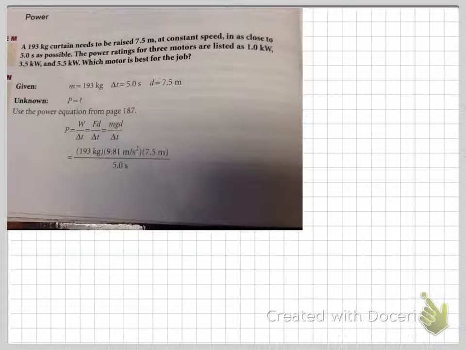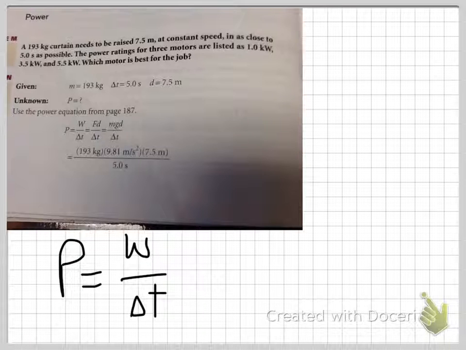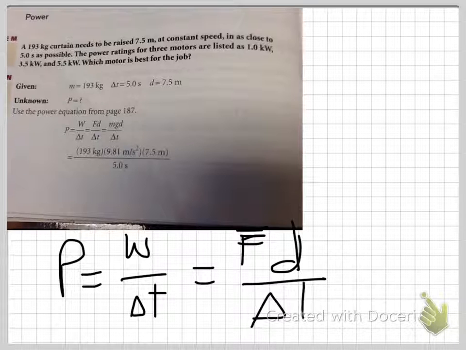So, for instance, in the old building, we had the big overhead projector screen that came down in front of the auditorium. That had a small motor raising and lowering it, and it would be the same kind of calculation. How quickly do you want this thing to go? What power do you need for it? So, if we know that power equals work divided by delta T, and we know that that is the force necessary times the distance that it's traveling divided by delta T,